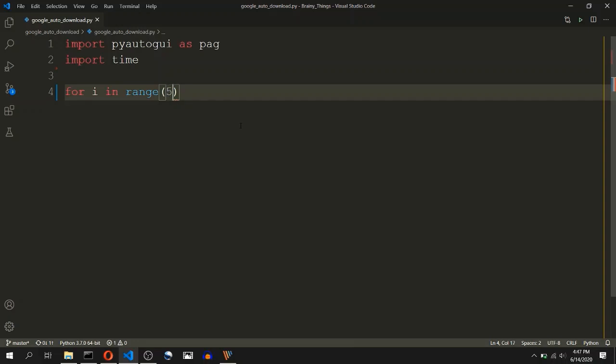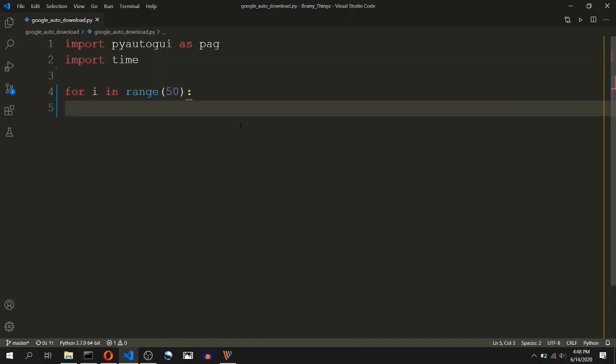For my case, I will just use 50 for demonstration purposes. Now, for each iteration, we want to right click on this section of the image that we have just found the coordinates of. So for that, we will use the right click function of the PAG library.